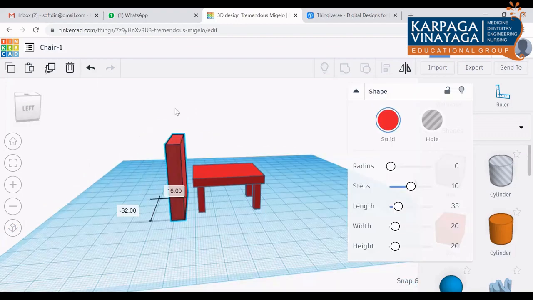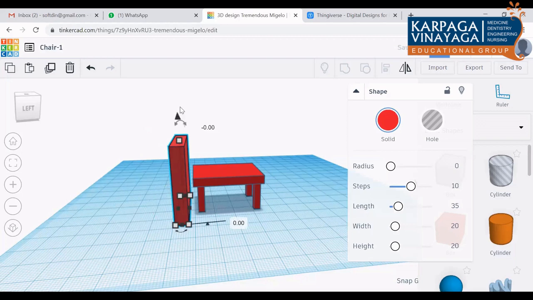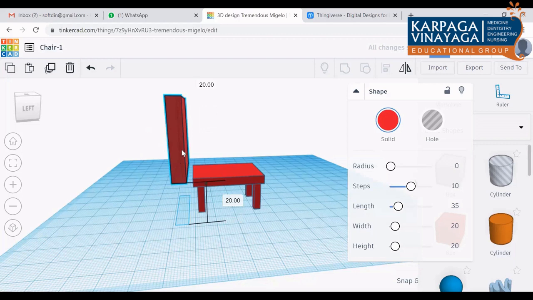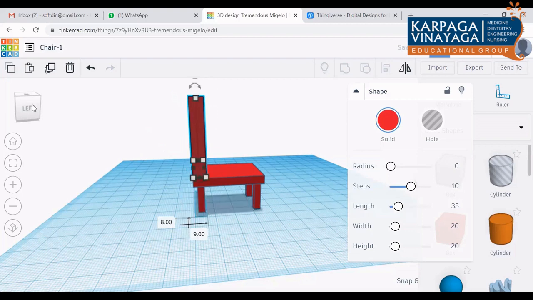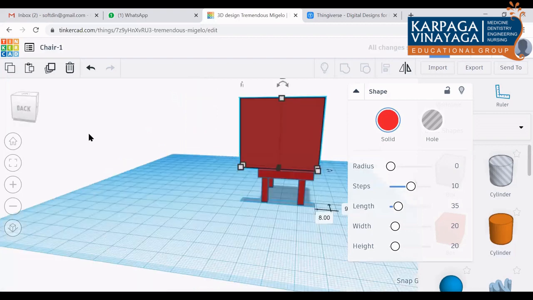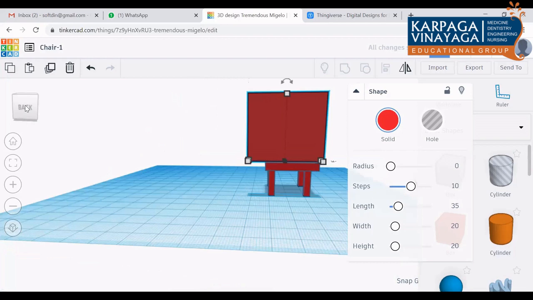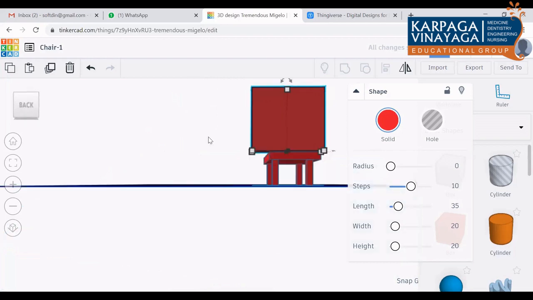Okay, so again I am moving this. You can see it has moved up to 20 mm there. Then place this over the chart. See whether there is any gap between that block and the chart.